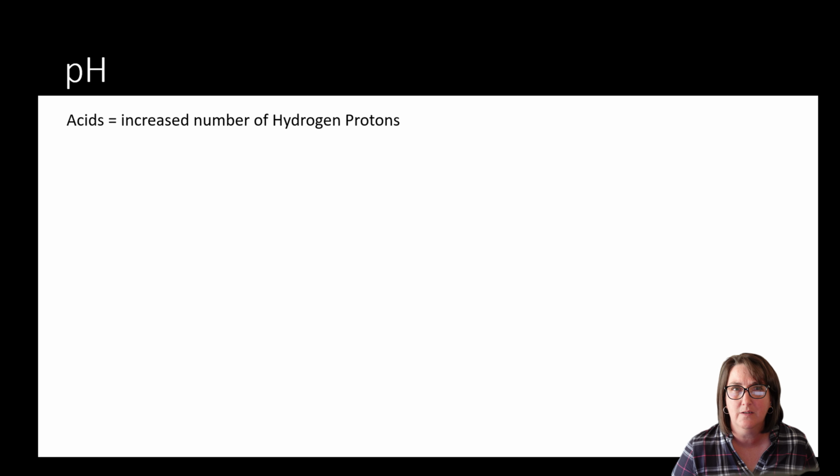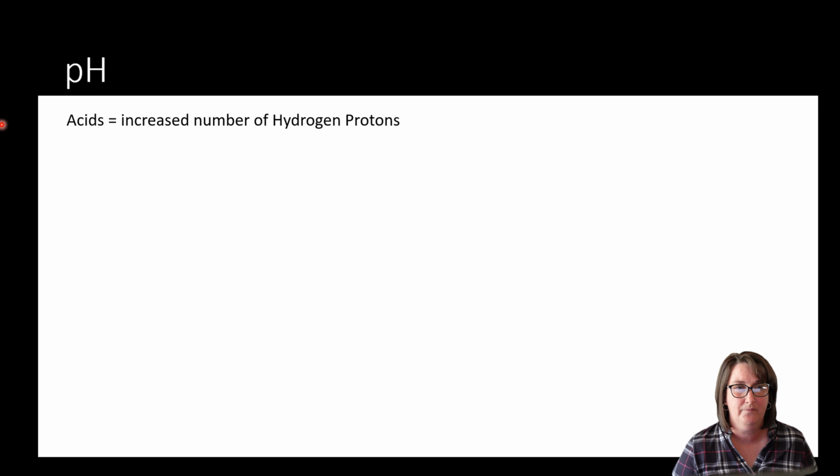Because remember, an ion is when electrons are different than the normal status quo of what's on the periodic table. So hydrogen has one proton, one electron. So when I lose that electron, I become an ion. And so we're talking about hydrogen ions in a solution. So acids are going to increase when I have an increase of hydrogen protons, my hydrogen ions that are floating